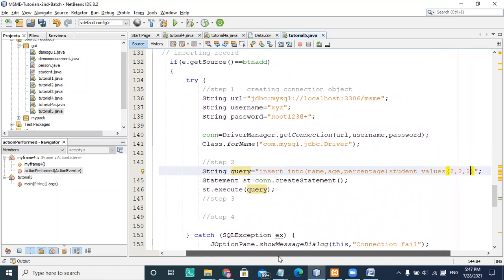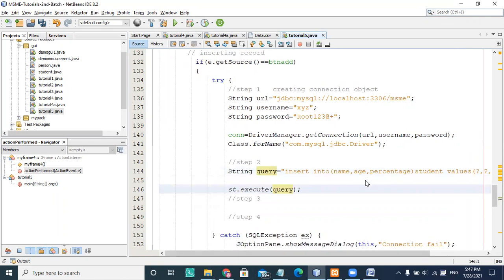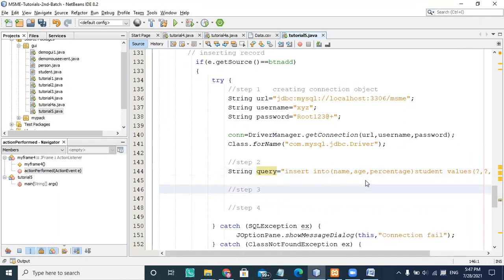So this is my query, and instead of a statement, I'm just using another type here, and I'm choosing something called prepared statement. So this is my prepared statement, and I'm using PS here.